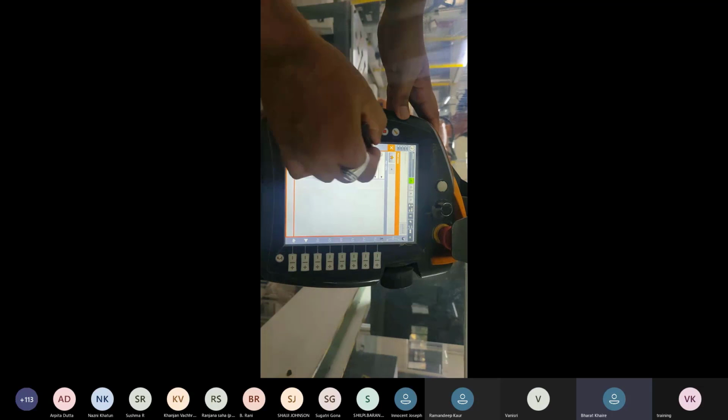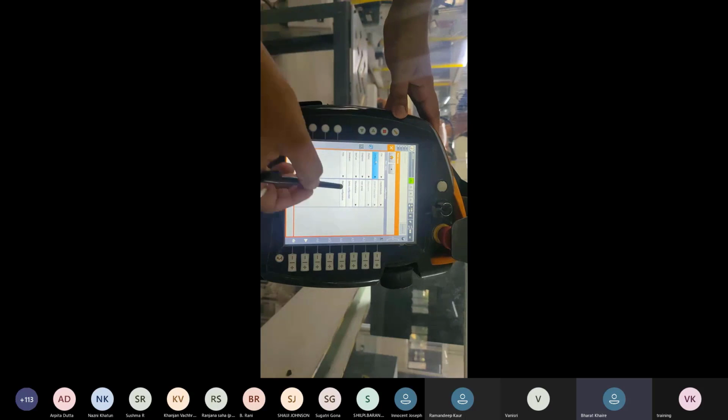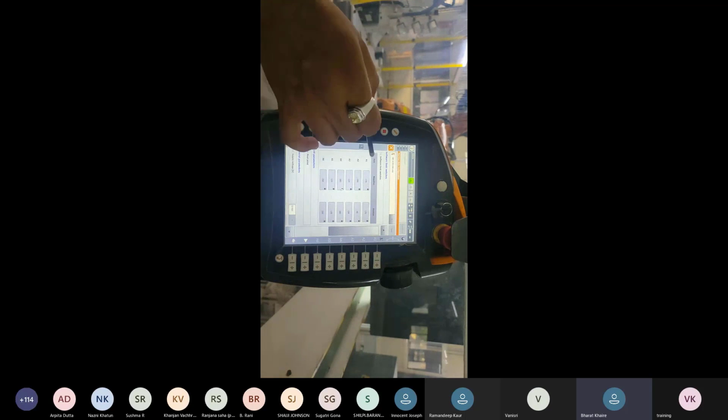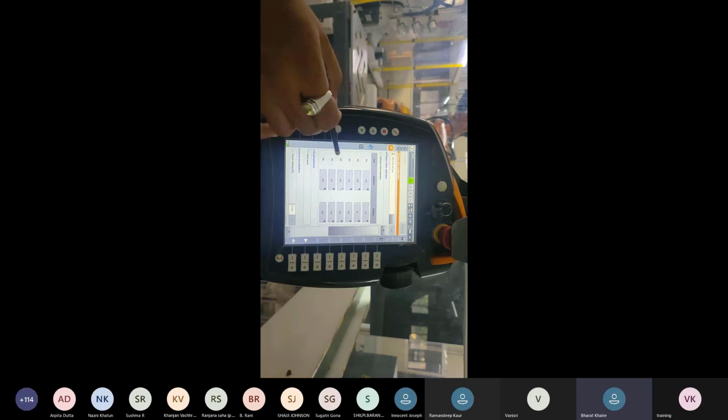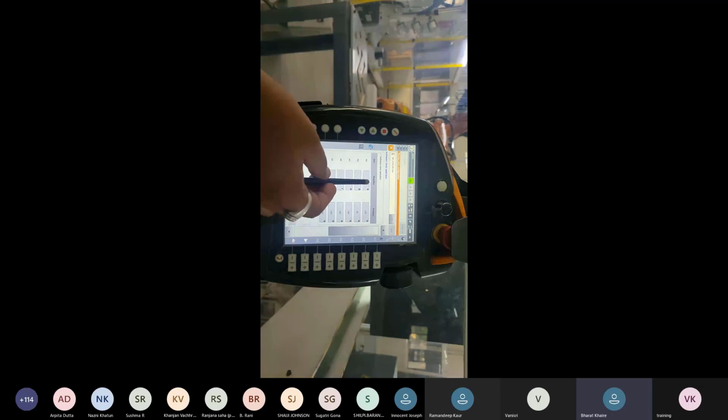So here in configuration, machine configuration is given. In machine configuration, we are watching the negative and positive direction of all axes, all joints A1, A2, A3, A4, A5, and A6. It is the software limit switches. If we are giving